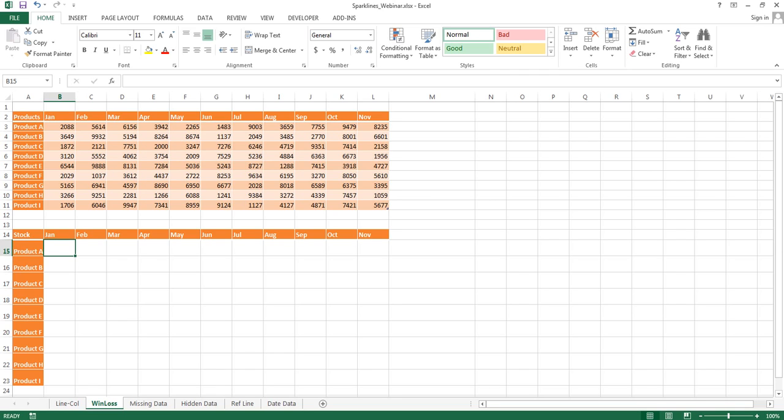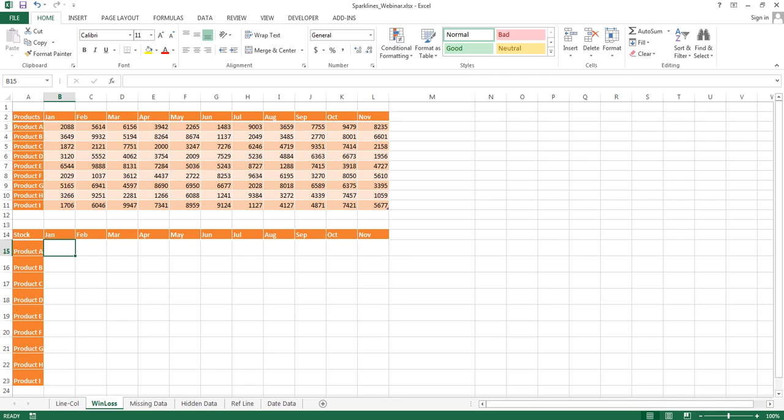Now I want to understand in how many months I achieved the target and in how many months I did not achieve the target by using the chart. So for such cases we are going to use a win-loss chart or win-loss spark lines. The first step is, I'm going to modify the table on the top a little bit so that I can create a table that is compatible to show my win-loss spark lines.